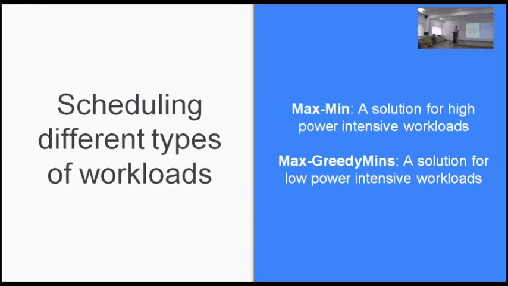Now, again, we look at some well-known algorithms. So one is a max-min. Essentially, it says, how do I schedule tasks on a particular node? We'll say, well, we'll pick an application that has a maximum power draw. And then we'll pick the next one that has a minimum. Then we'll have another one that's max-min. We keep alternating between the 2.